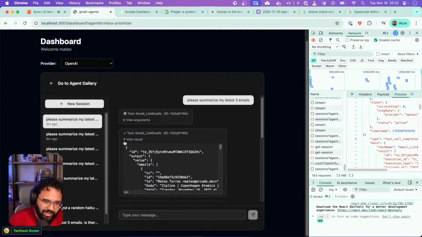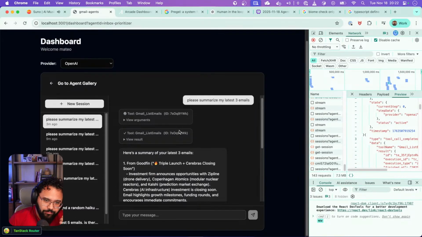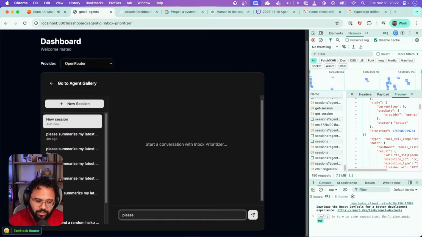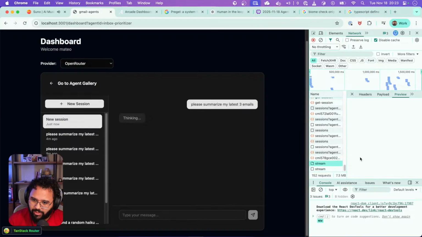And I want to clean all of the sessions now because I have a bunch already here. But we did quite a bit of progress today. I'm happy with how this works. I want to just test one thing, which is the OpenRouter one. If I start a new one, I want to say, please summarize my latest 3 emails, right? If I do that, and I go to the network tab, the payload should